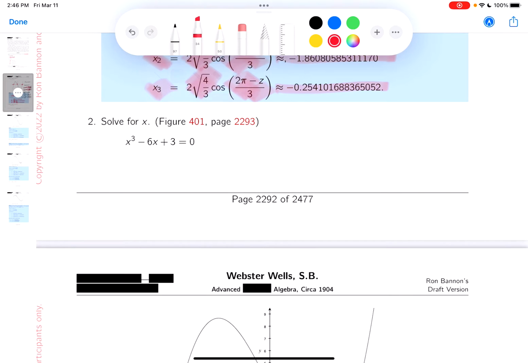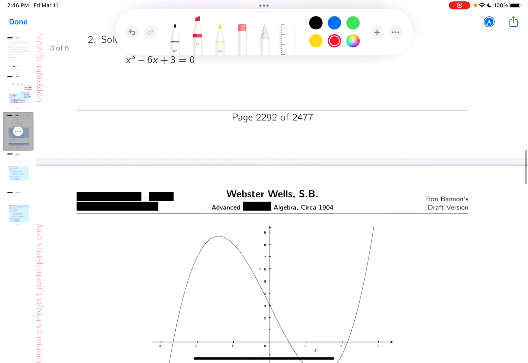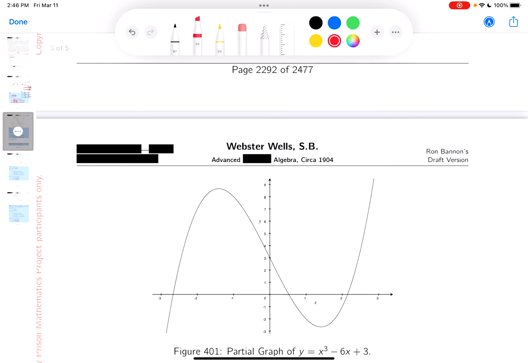Okay, we're on to number two, and they want us to solve for x. It's a cubic polynomial. We're expecting to see three roots. Now, they could be complex, but what am I noticing over here? Easy. When I say easy, I can see it. So looking at it, and